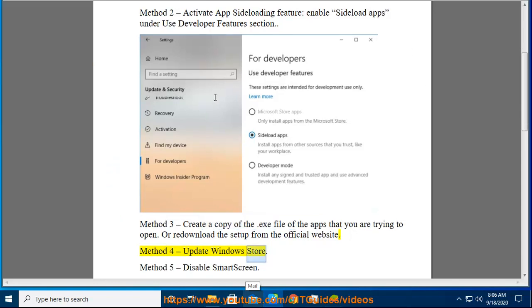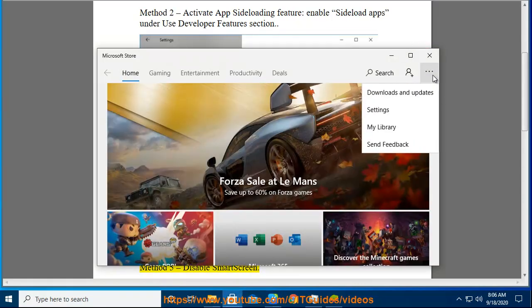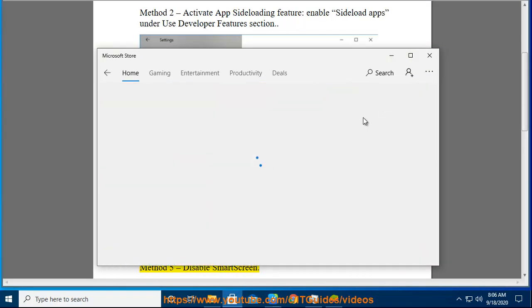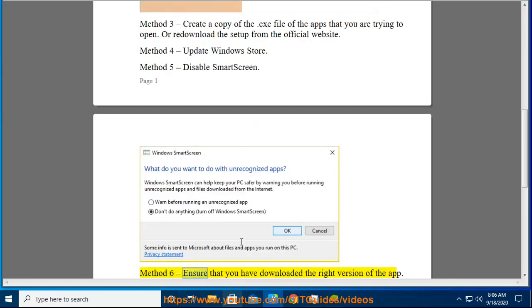Windows Store. Method 5, disable Smart Screen. Method 6, ensure